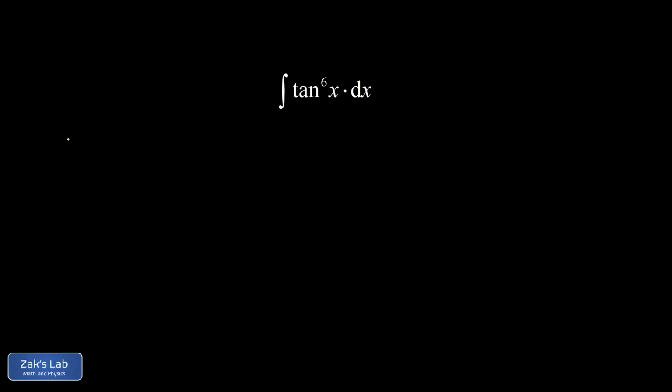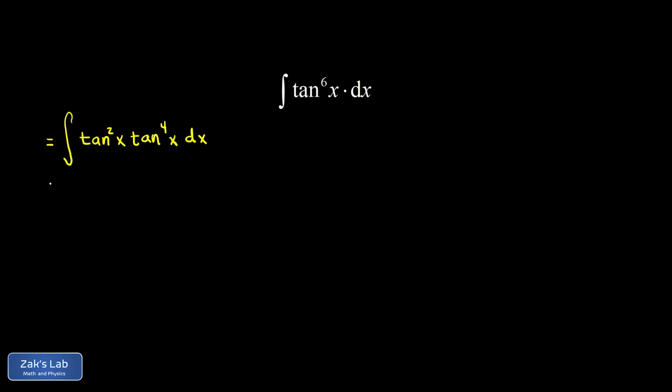In this video, we're computing the indefinite integral of tangent to the sixth of x dx. And we're going to start this thing out by splitting off a factor of tangent squared. Now, the whole motivation for this is that tangent squared is involved in a Pythagorean identity that might be useful. So even if you don't see all the details coming up, you try splitting off tangent squared and applying this